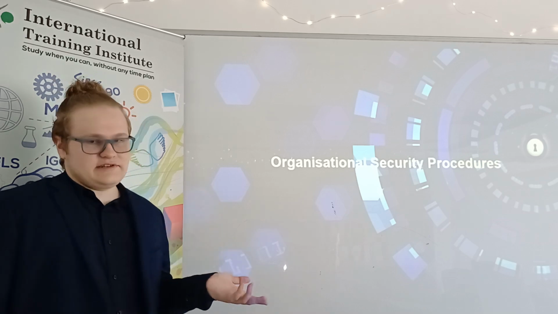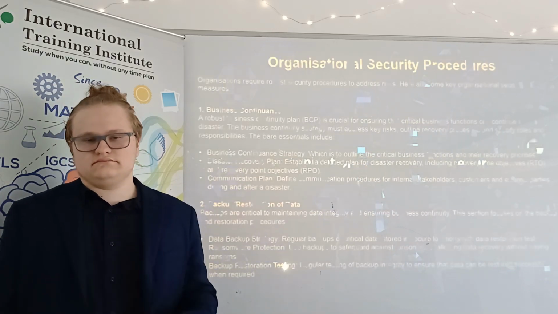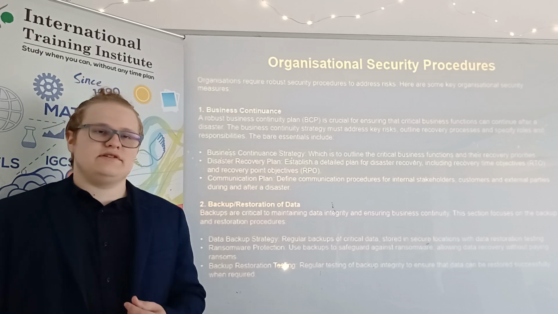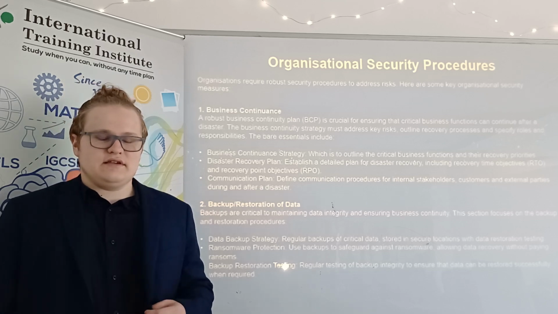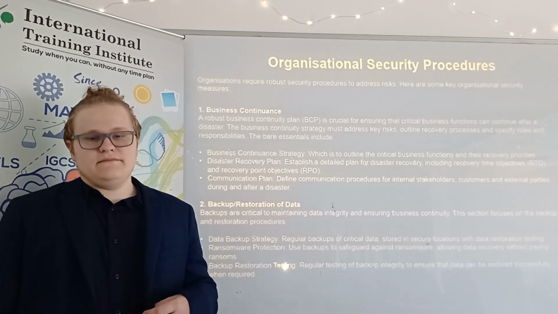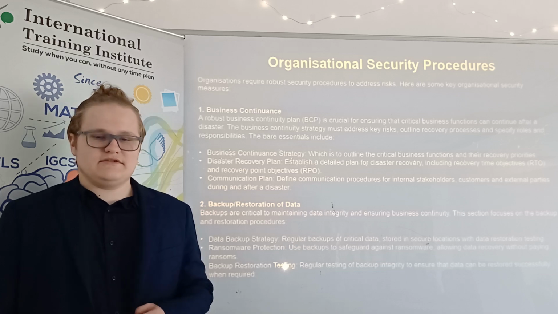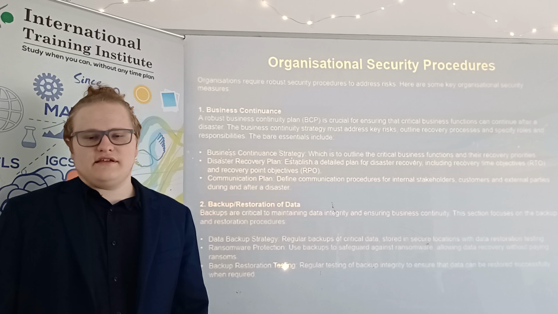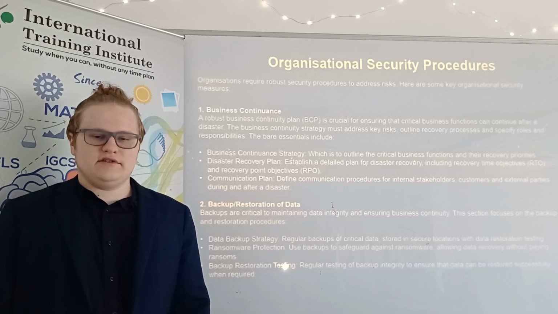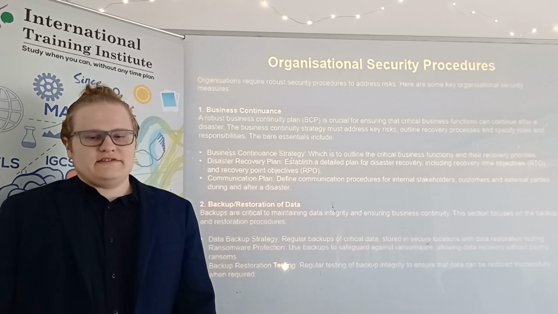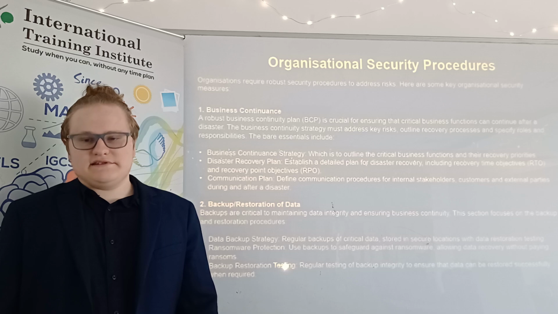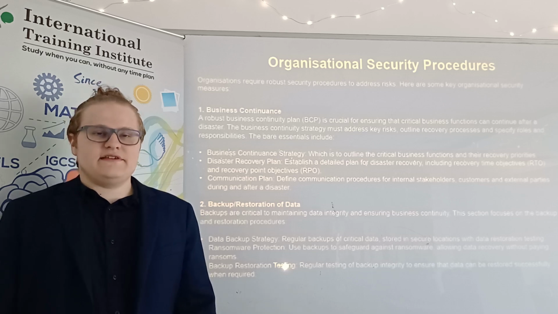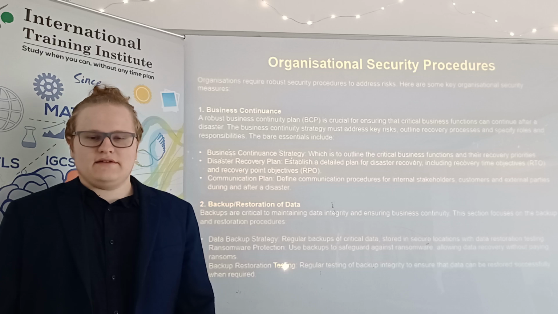Next, organizational security procedures. Organizations need robust security procedures to address risk. So, some key measures are business continuance. A robust business continuity plan is crucial for ensuring that critical business functions can continue. The strategy is to identify major business functions and their recovery priority and set up a disaster recovery plan that creates